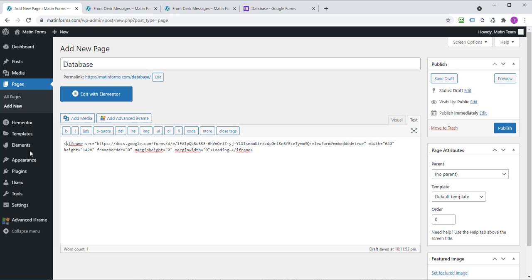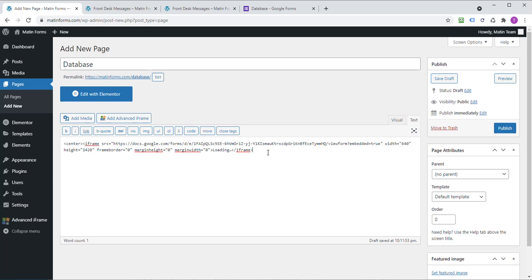I tend to like to add the old HTML center tag, if I can spell right, and that just centers the form in the middle of the page. Make sure you close the center tag at the end, so it doesn't mess up the rest of the website. Again, bracket, center, bracket, and then bracket, slash center, bracket, and that's the whole entire piece of code. We're going to hit publish,